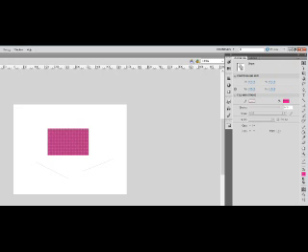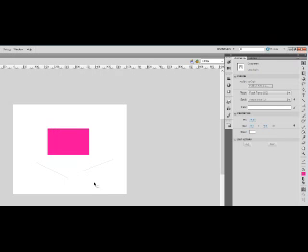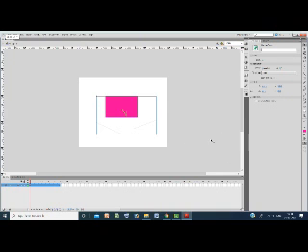Its XY position, its height, its width, its color. So these are the properties we can see in the property inspector. If no object is selected in this Flash window, it will display the properties of the Flash document. Did you get me?